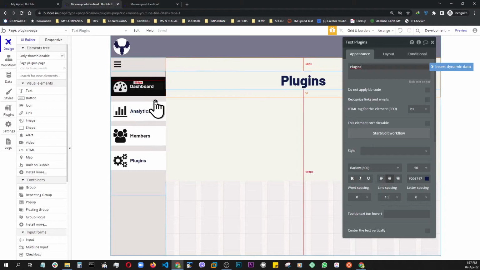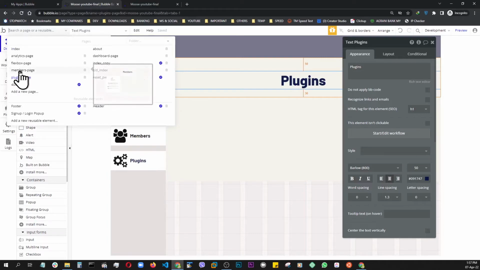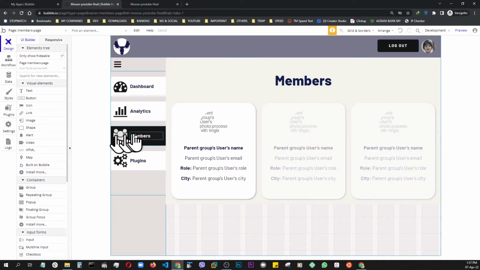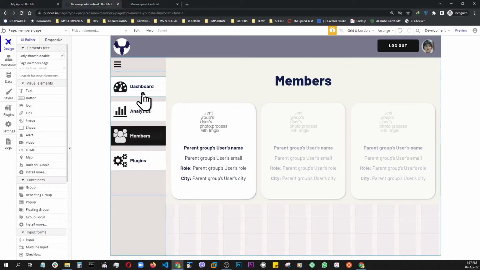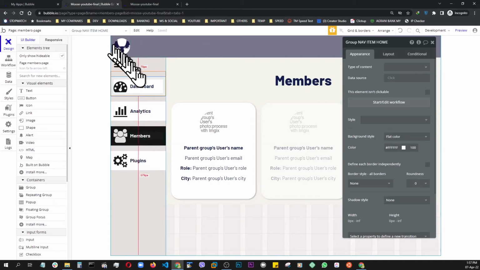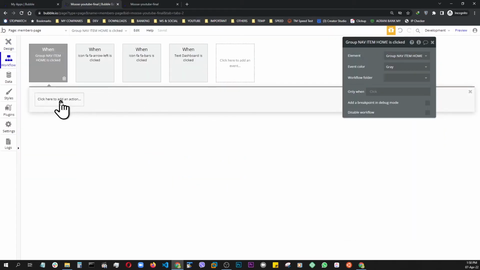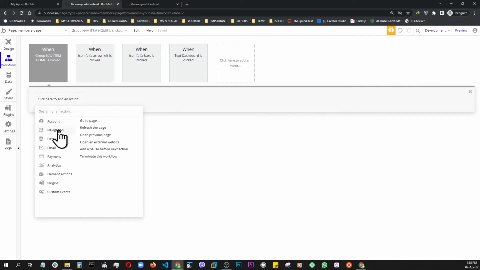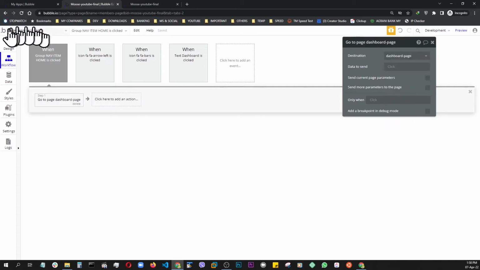Now that we have our page templates done, all I'm going to do now is go page by page and change this. For example, let's go to our original page, members page, right? So we have this one darkened. So now we have to connect all these other links to their corresponding pages. So highlight this, start a workflow. We know it's going to the dashboard, navigation, go to page, dashboard, go back,